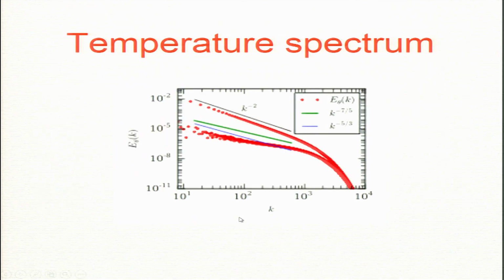Now we can also look, so this is the technical part. So we look for temperature spectrum. Now I will not explain this. We get this funny structure, this one, 2 lines. Now these 2 lines bothered me for 6 months actually. I really didn't know why these 2 lines are coming. This is coming in a simulation, and you always suspect there is something wrong with the simulation. It turns out this is very physical. This is coming from physical region. This is correct. And why is it correct?